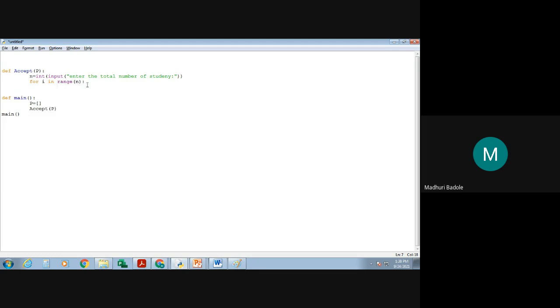Fine. And for that, you are going to take the percentage of each of the students from the user side. Let's suppose I'm applying it, x is equals to, I'm taking the input, and as we know that percentage is nothing but floating point, I'm declaring the data type as float. Fine. And I'm taking the input from the user side.